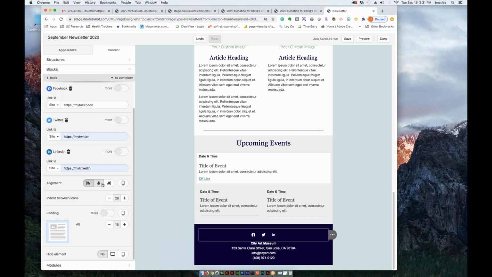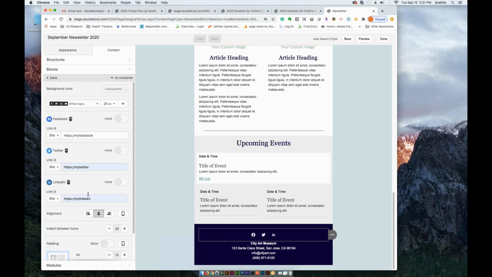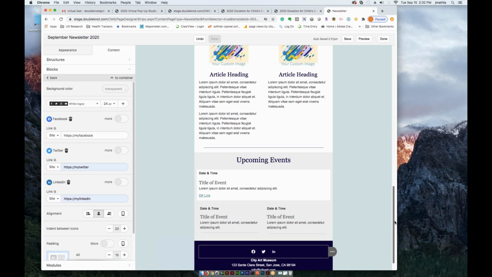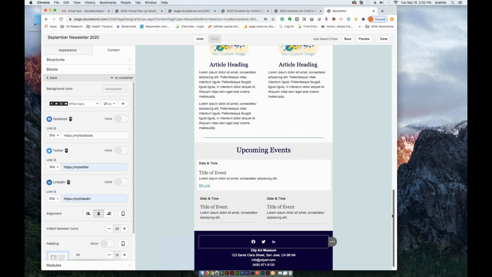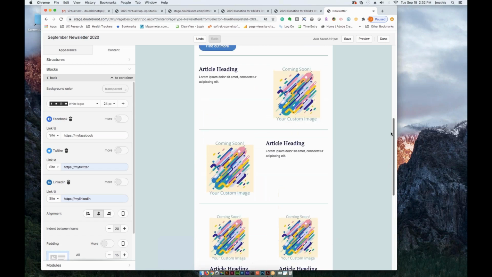The structure has some alignment features right in there. So they're very versatile and very easy to put in there. So that is good. So coming back up here, that's how you do your social channels. I'm going to come back up here